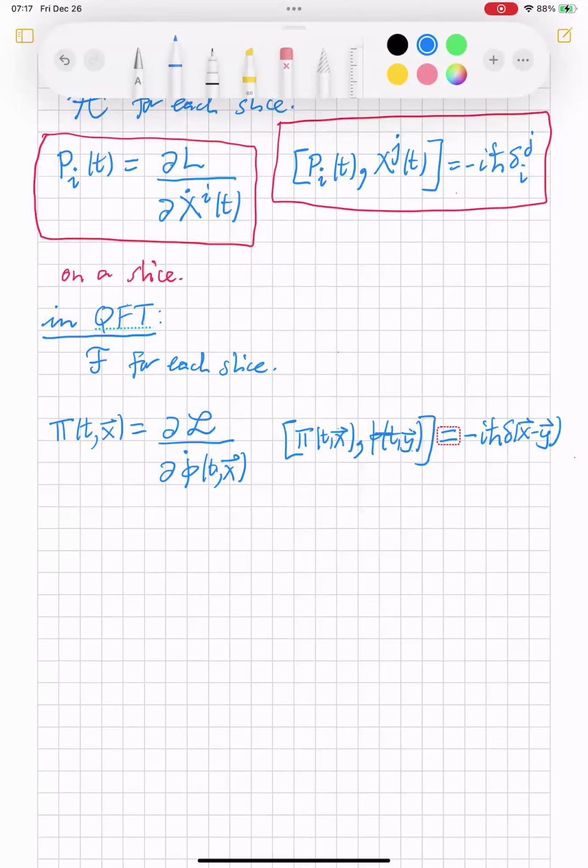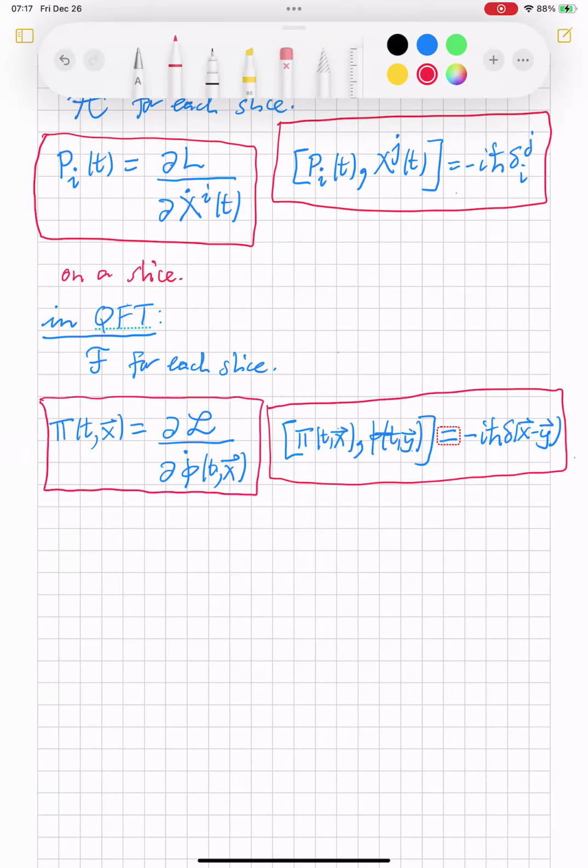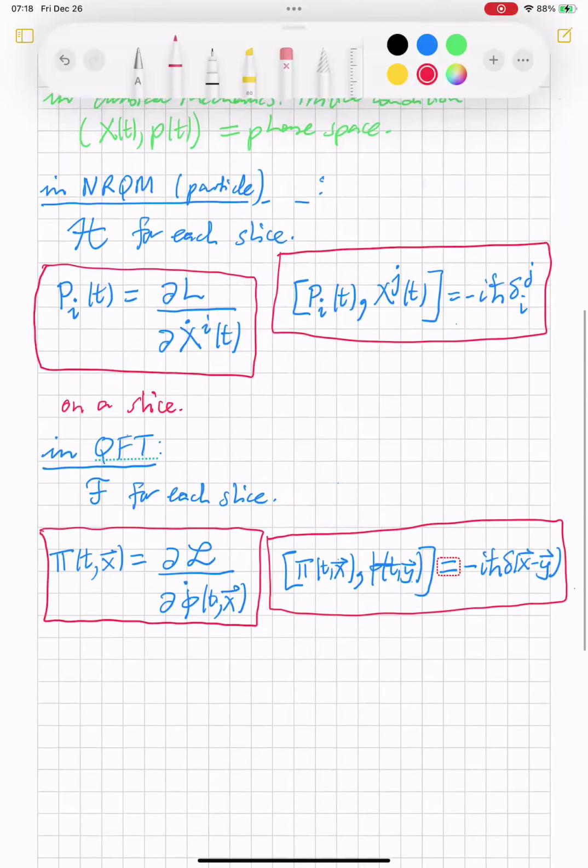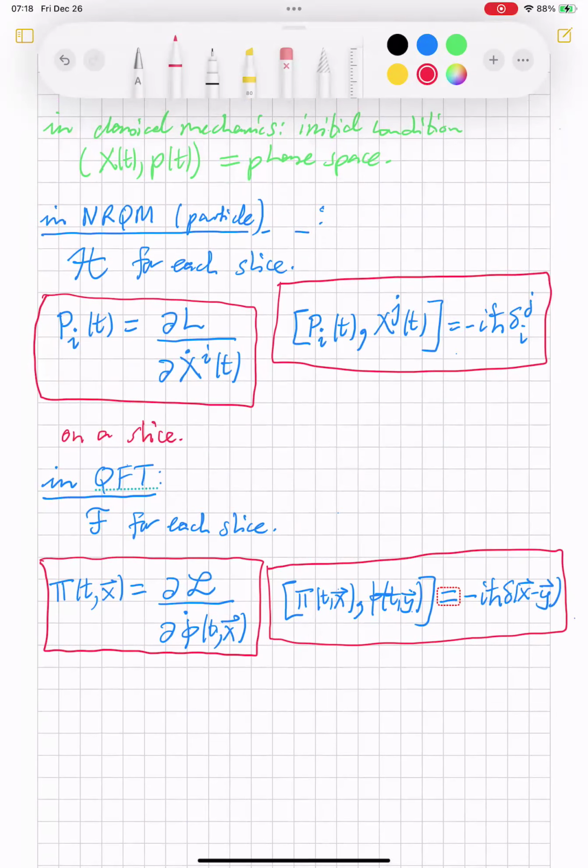So once again, these two equations that I'm boxing now, these are defined on a specific slice, and it's that second boxed equation that really puts h bar into the theory. So this is the idea behind the standard quantization,